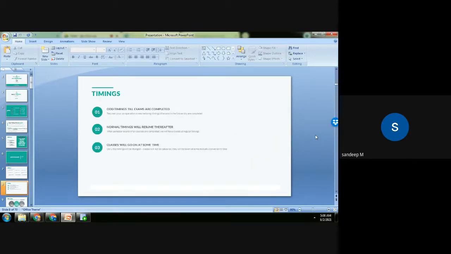The timings, I know for the past few classes, have been quite harsh on you. We've been meeting at slightly odd timings, 7 in the night. Classes are going up to 8:39. I'm aware of that, but for the past 1 month, and maybe even for the next 1 month, semester exams are going on at the university. Almost every batch is having exams, starting from BTech second year, third year, final year. MCA, MSc, MCA third year, second year is completed. The first year exams for MCA, MSc, and MTech have to be completed. And once they are completed, again the BTech second year and third year second semester exams will start.